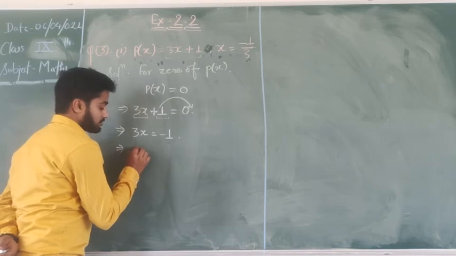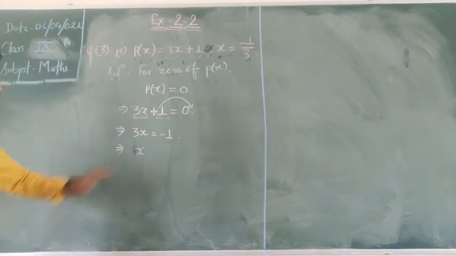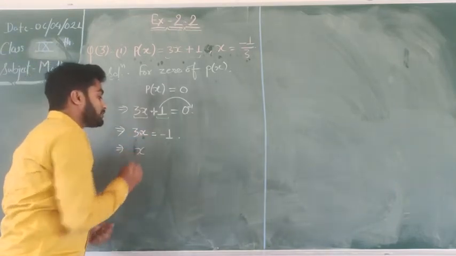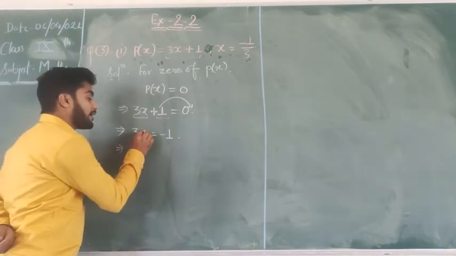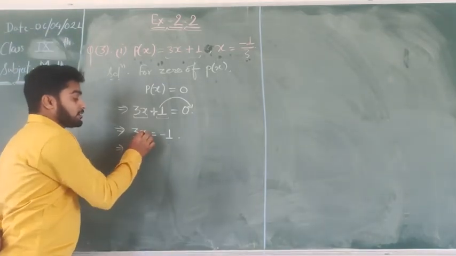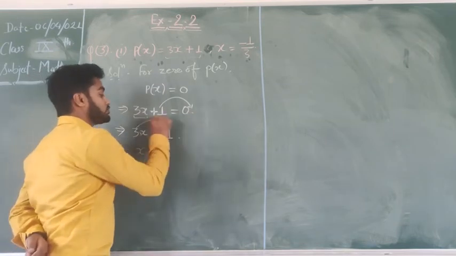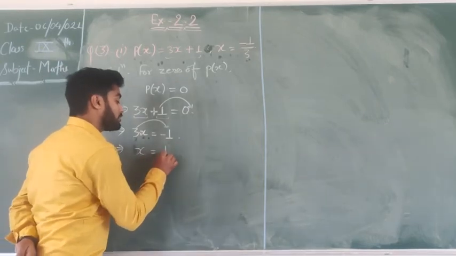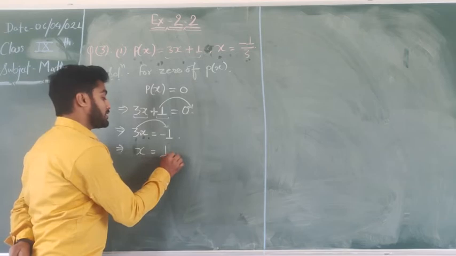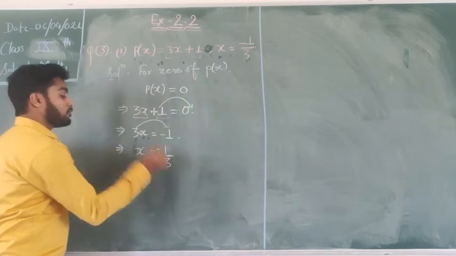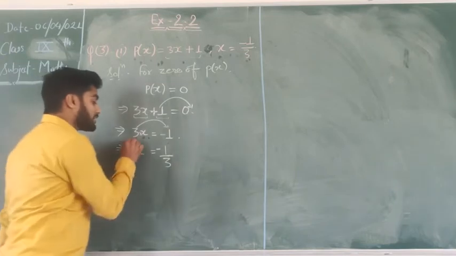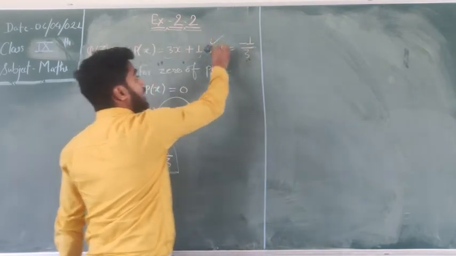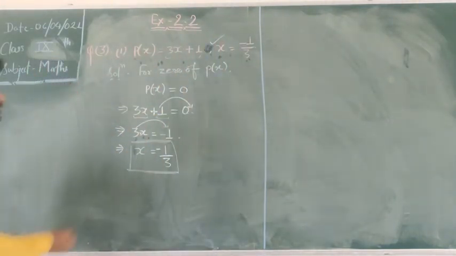In the next step, there is 3 multiplied with x. There is nothing between them, that means there is multiplication between 3 and x. For finding the value of x we have to transpose 3 from LHS to RHS. Since 3 is multiplying, when we transpose it from LHS to RHS it will be divided. So -1/3, the value of x we found is -1/3, and x equal to -1/3 is also given. So we have to write here